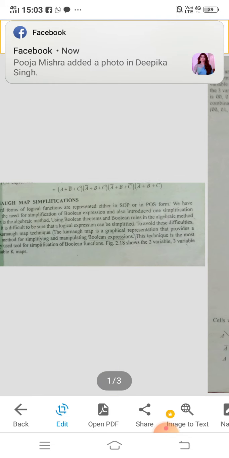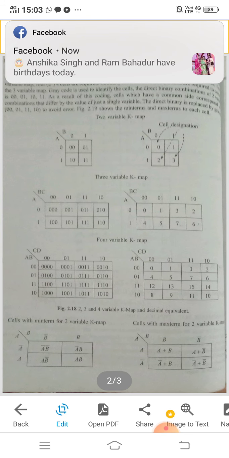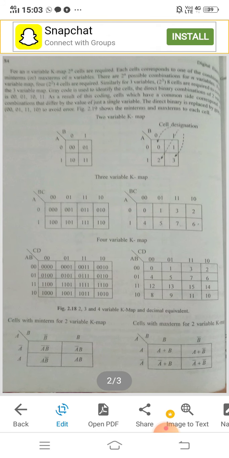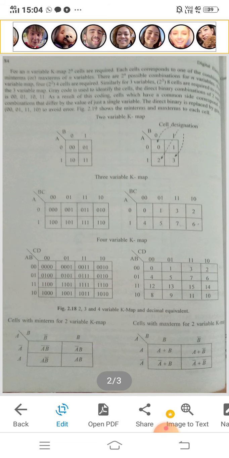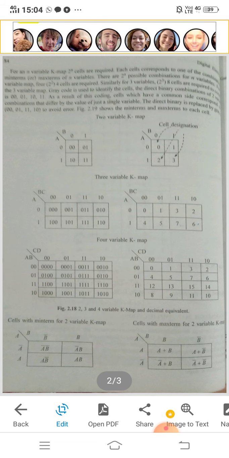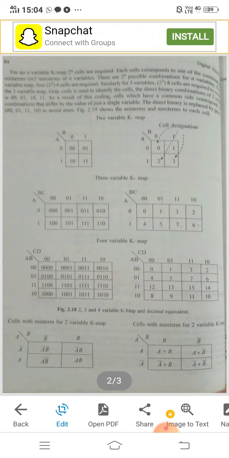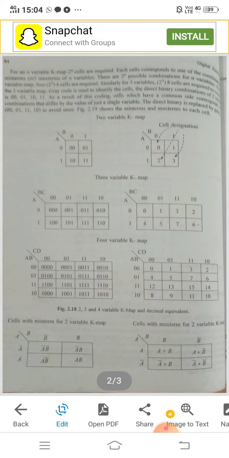Next, I will discuss POS forms. Today I have discussed only SOP. So this is a method of K-map. K-map has 2 forms, SOP and POS. I have discussed SOP. Sum of products is DNF, disjunction of conjunctions. I told you how to make a K-map for 2 variables, 3 variables, 4 variables, and also how to fill the designation of a cell and how to convert min terms.